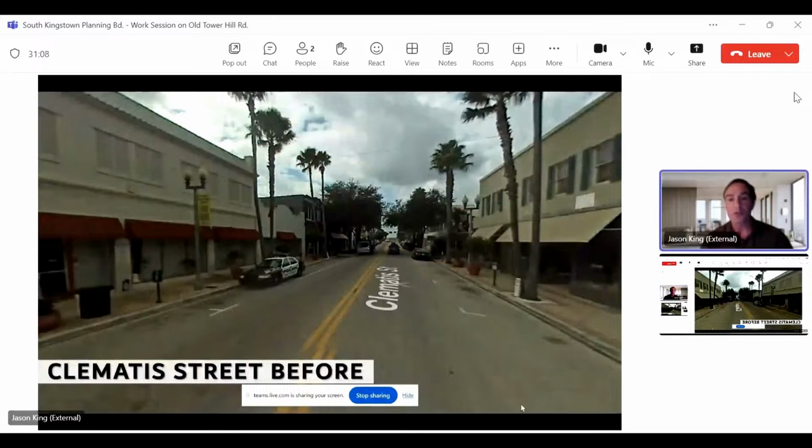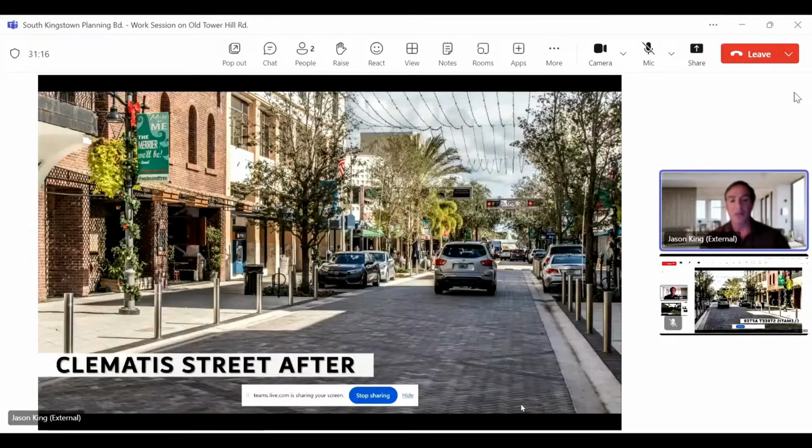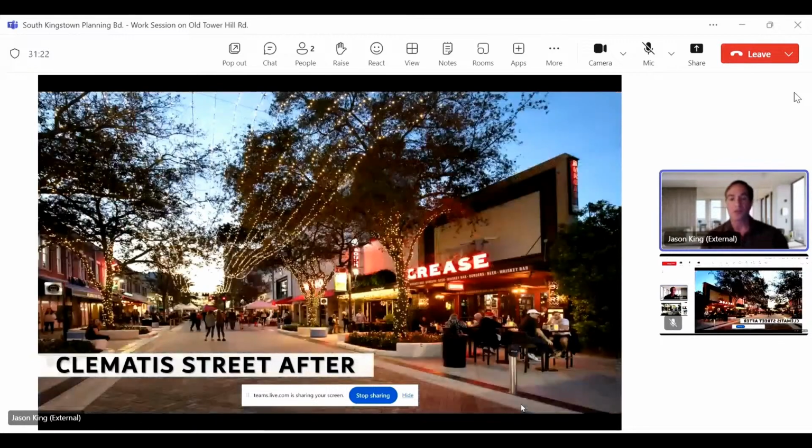So this brings us to another before and after. This is Clematis Street, West Palm Beach. This is a recent redevelopment project for us. We designed every part of the street. We designed all of the buildings. There's the new lighting requirements, which create a vibrant, exciting place.